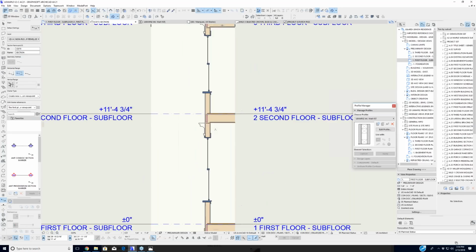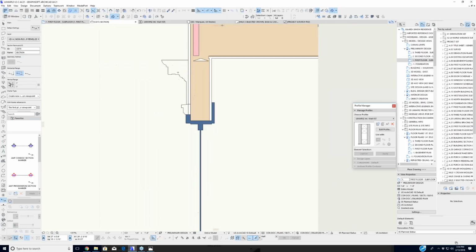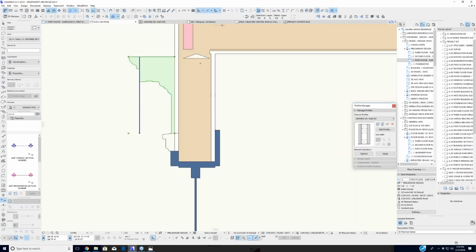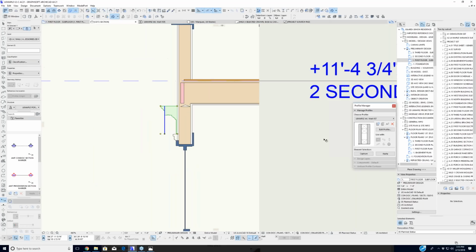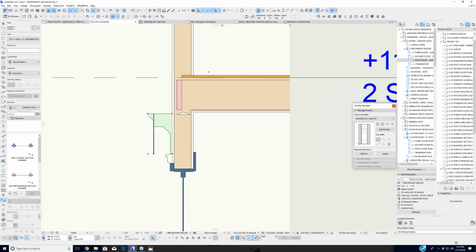So if I zoom in here, you can see there's a complex profile. I'm going to hover over it and hold down the shift key, and you can see it's saying LK Maple porch window head. Here's my wall. Now some of these lines disappeared. I can go back in here and make that show up. But you can see that most of this